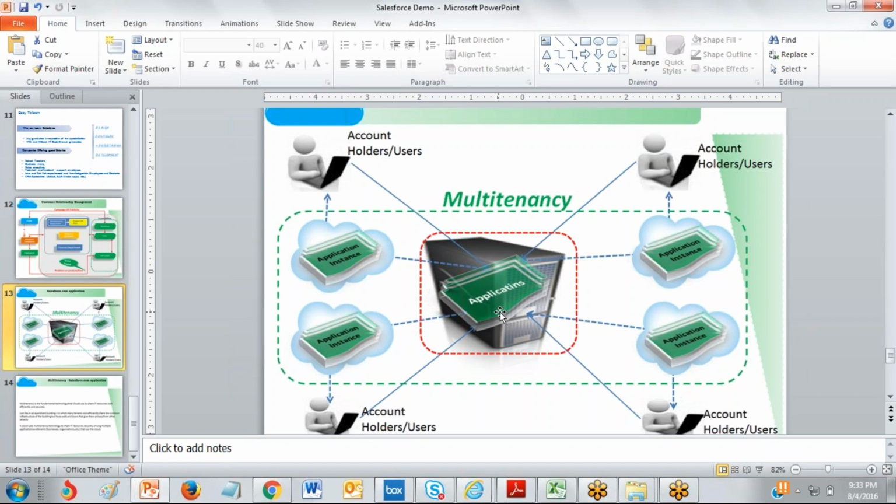Once he is logged in, for this account holder it will create one virtual copy from the original application. This virtual copy is, purely technically, a cloud.